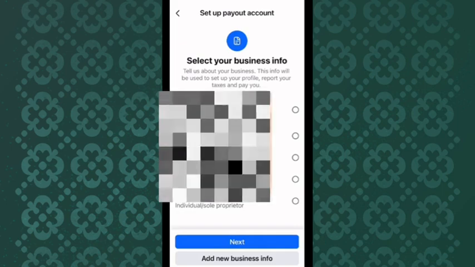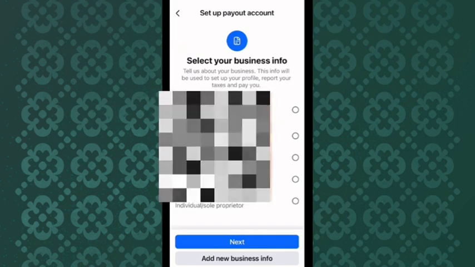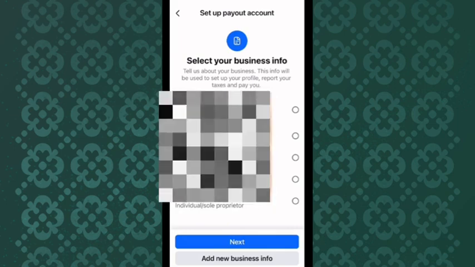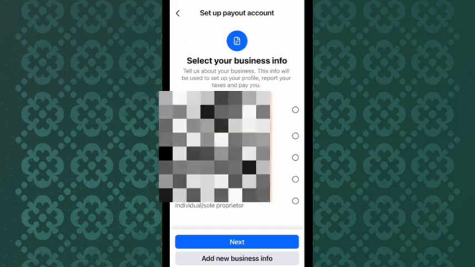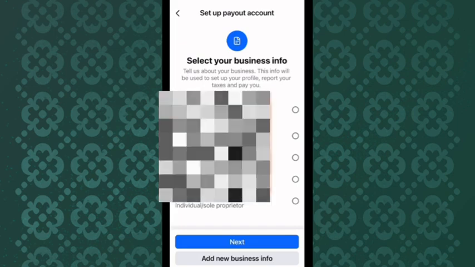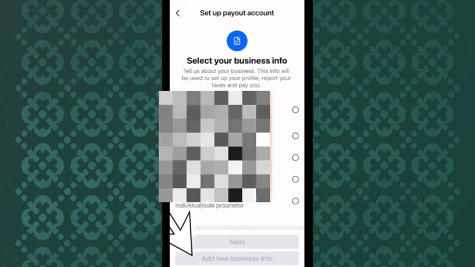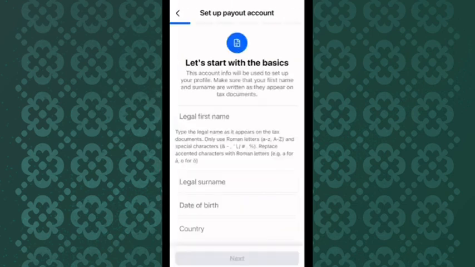All you just have to do is click on individual. And after you click on individual, you click on next, or you can click on add new business information. You click on add new business information right now. When you click on add new business information, it's going to bring you to an interface like this, where you